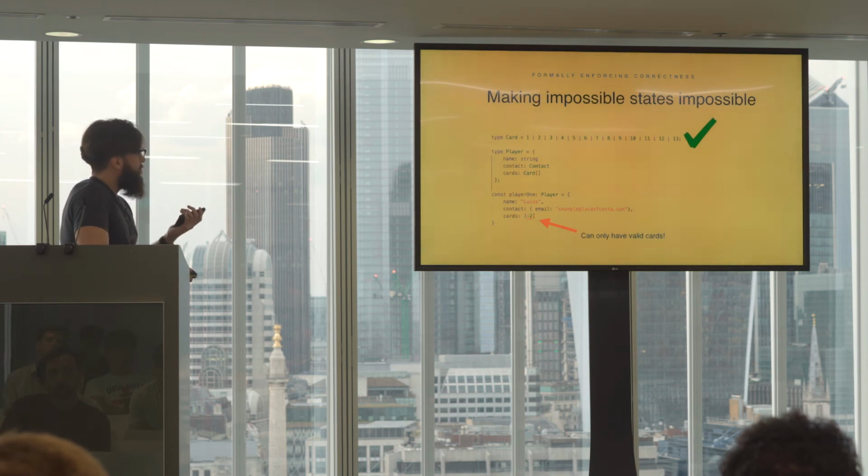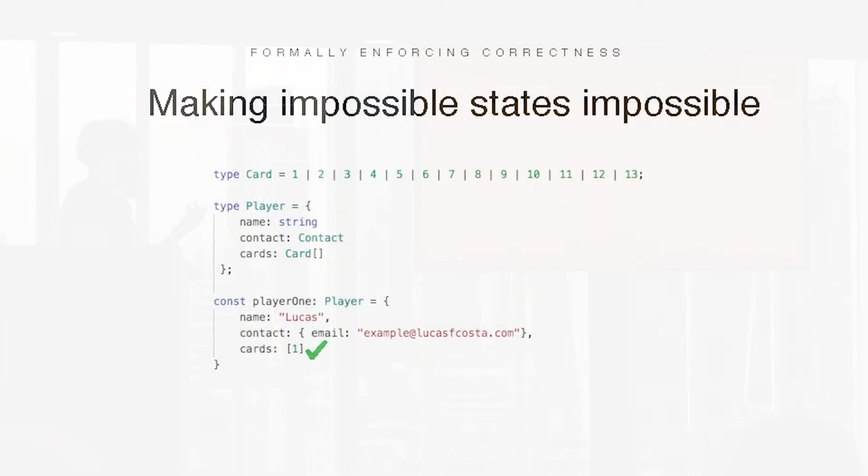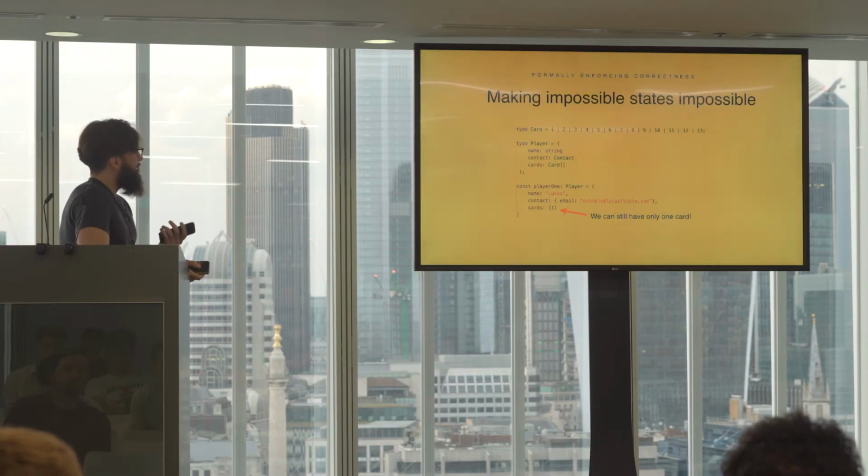We cannot have 0, we cannot have -2. So we're constraining our state, so we don't have to test for those possibilities anymore, because they're not even possible. Now everything's correct. But we can still have only one card. And if Google was correct and told me the truth, I think every player in blackjack must have at least 2